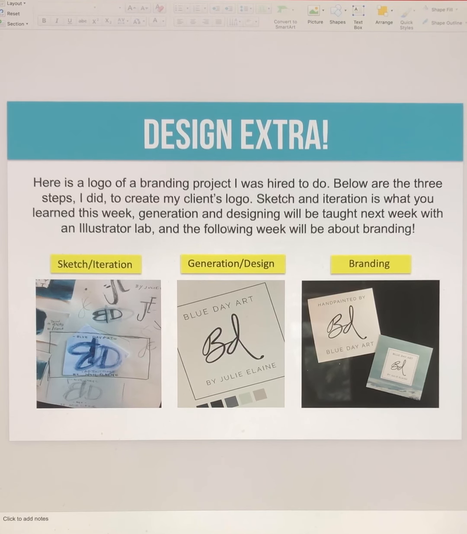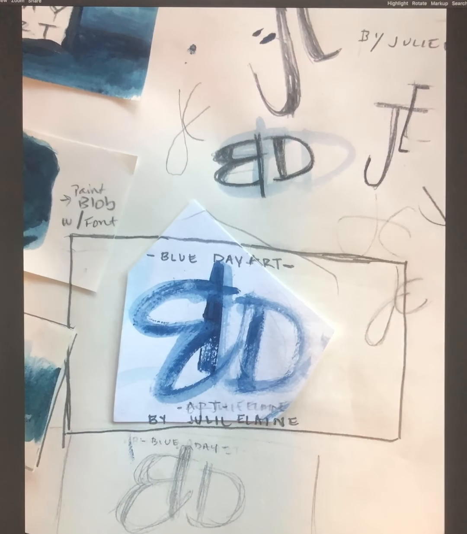So with this particular design extra, it is a job that I was hired to do. And the first thing that I had done was the sketch and iteration step. That was basically exactly what I'm teaching you guys for this particular week: doing some sketches, literally taking a piece of paper and brainstorming the heck out of it,